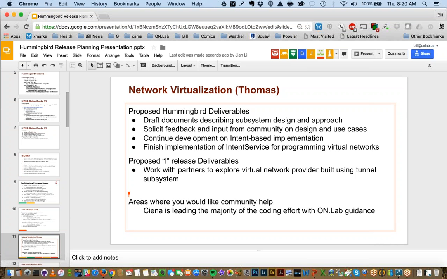So we need to actually produce some sort of a paper and draft document that describes this in a more narrative form. And there is also a recording of the TST meeting where we discussed this question and